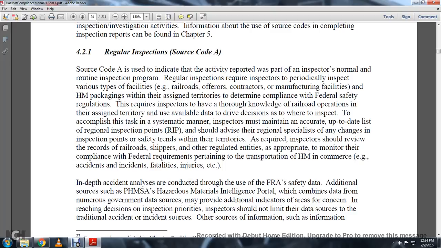material packaging within the assigned territories to determine compliance with the federal safety regulations. This requires the inspectors to have thorough knowledge of the railroad operations in their assigned territory. Use available data to decide where the inspector should go to accomplish the task in a systematic manner. Inspectors must maintain an accurate, up-to-date list of regional inspection points, or IRIP, and should advise the regional